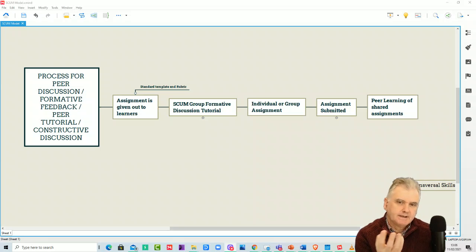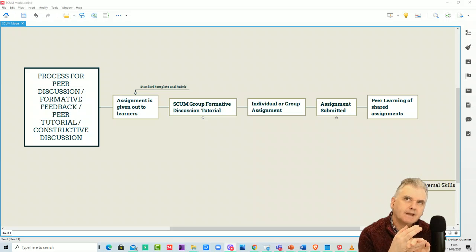And we're trying to combine elements of discussion, formative feedback from peers, from the lecturers, and some sort of constructive confrontation. We're trying to combine all of those things together into an assignment, be it group or individual, and then how would you share the learnings post submission? That's the idea. So what we were proposing was that